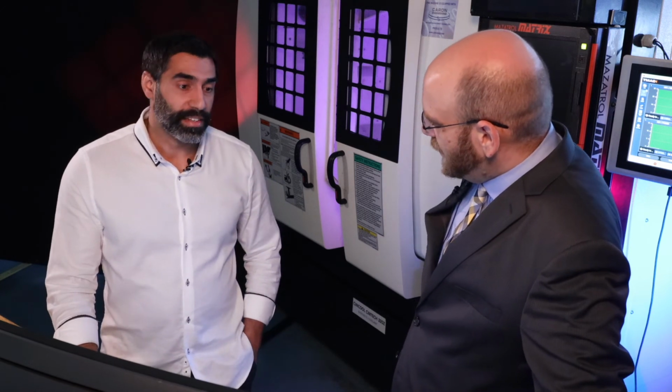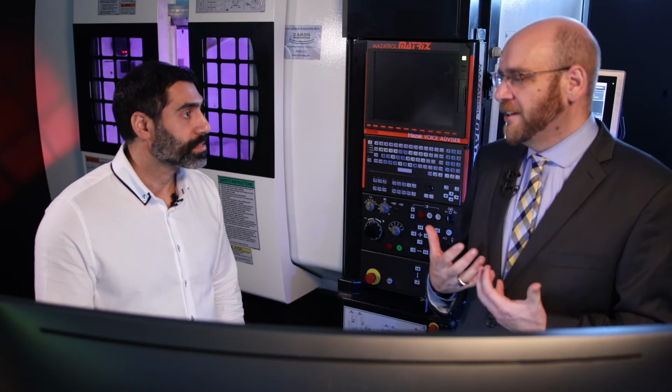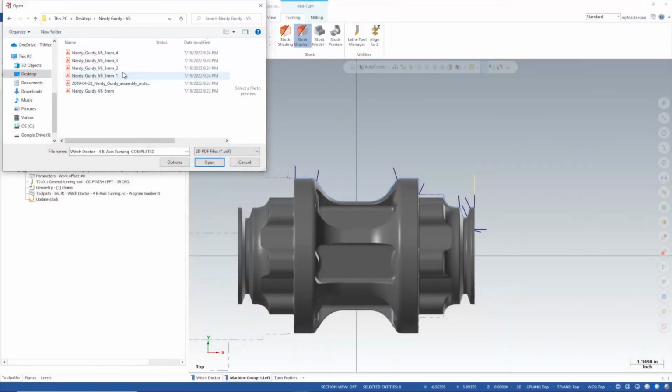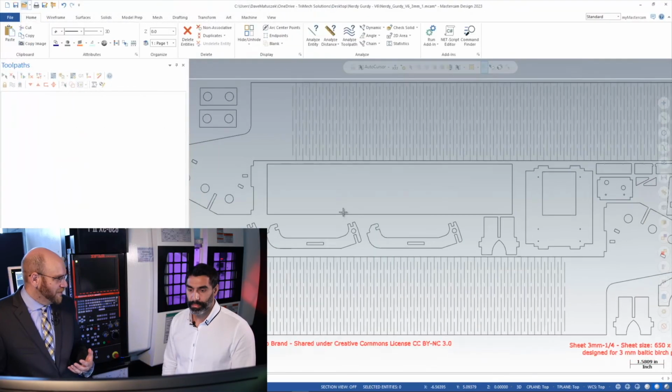You know, one of the things that is interesting is maybe going from a 2D PDF and doing some kind of a laser cutting operation. Yeah, let me show you that. That's actually great. This is actually new in Mastercam. For many years, people have been asking us, can you bring in a PDF file? And the answer before was convoluted. Mastercam very recently gave the ability to import a 2D PDF file. It has to be a vectorized PDF,